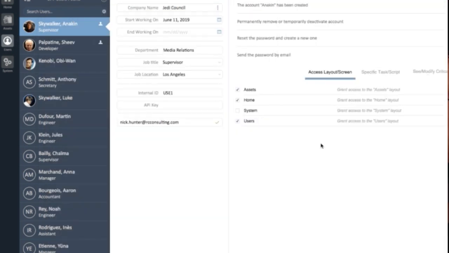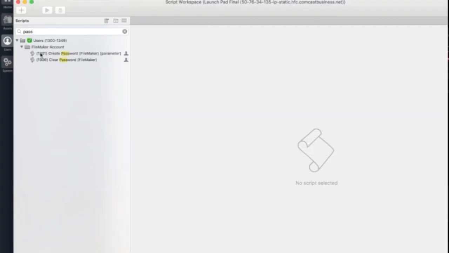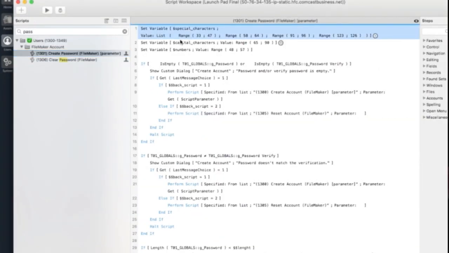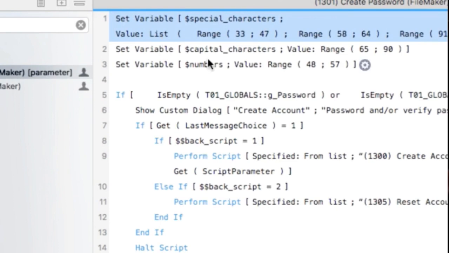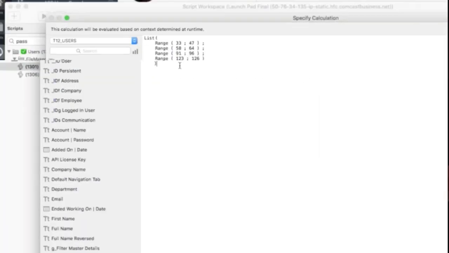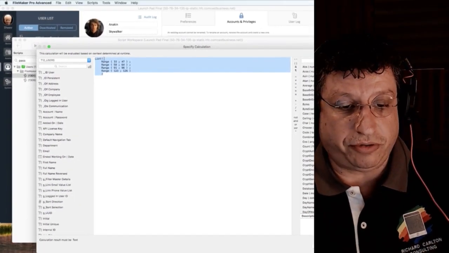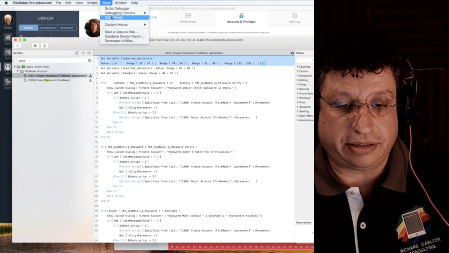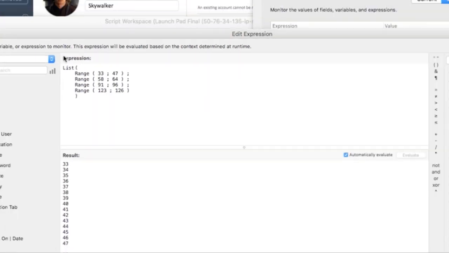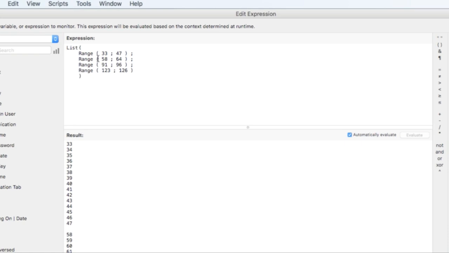So the script here is, when you say you want to create a password, I'm establishing all my lists here. This is the special character list. This is a list of the special characters. So if I copy this and I go to the data viewer, I will see that this is what I have. This is my result. I have multiple ranges